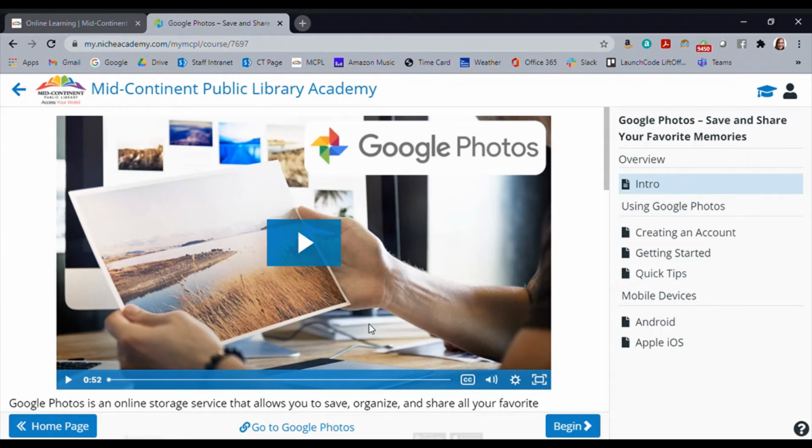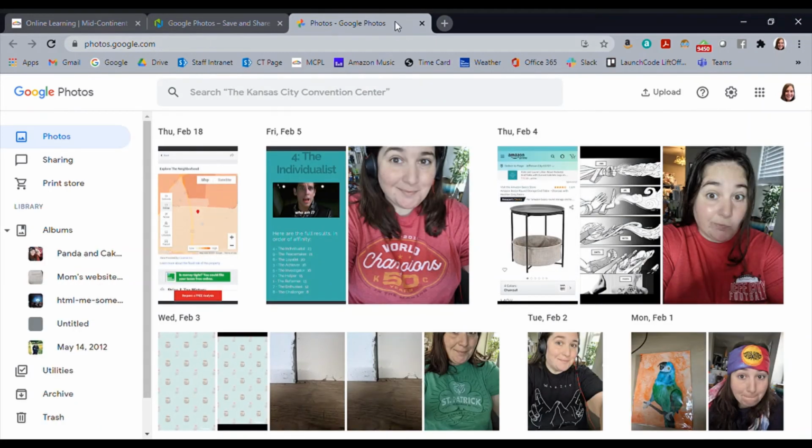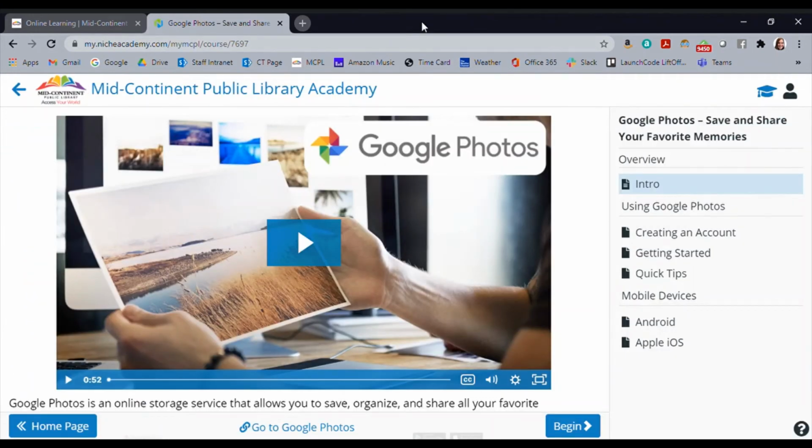So if I click on that, I'm going to do a click to open in a new tab just so I don't get navigated away from this. But you can see it probably brought up Google Photos. Sorry, that is me. And pictures from all kinds of things. But it brings up Google Photos for you to go and access, which I think is a really cool idea,